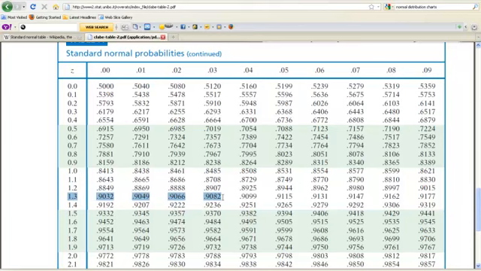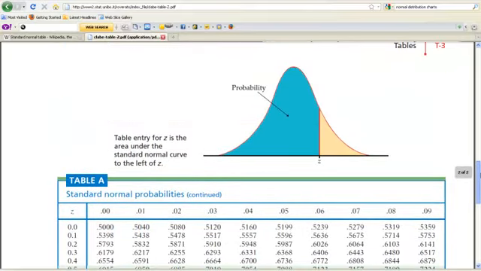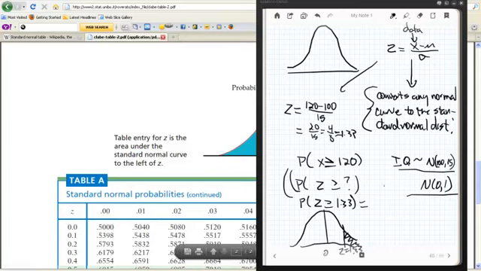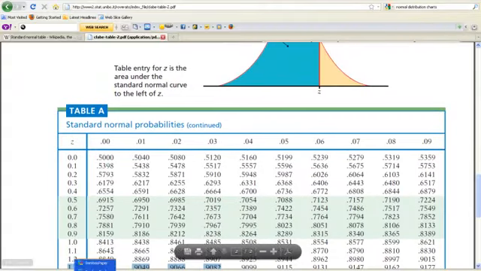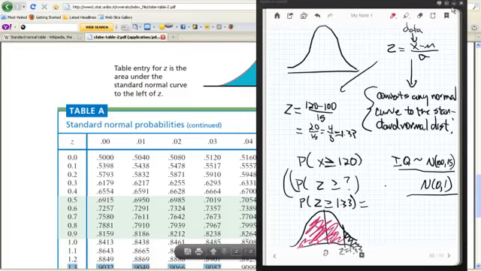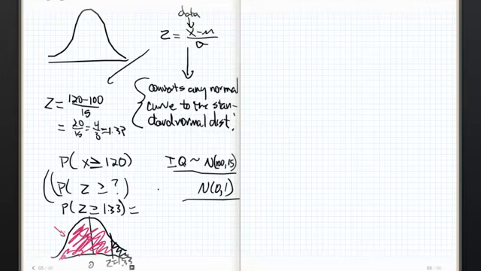So this value, 0.9082, is the probability that a person is below 1.33 standard deviations to the mean. Look, that's how the table works. Through the magic of technology, I know that what that implies, because our chart gives us those areas, is that this area right here is